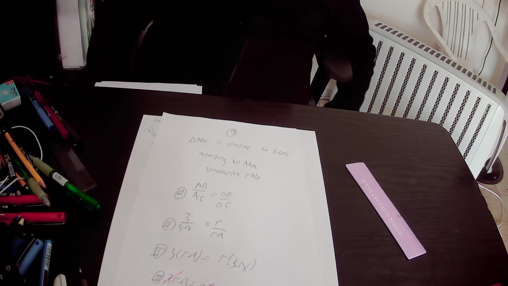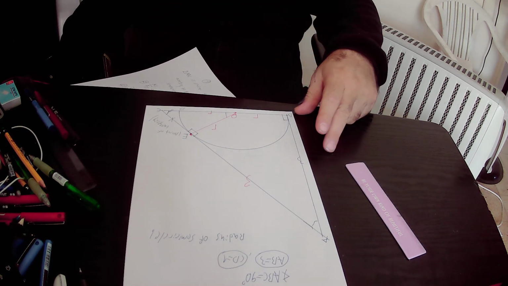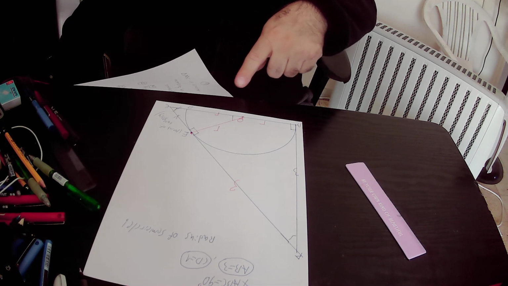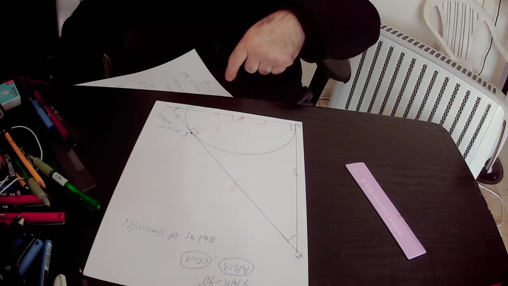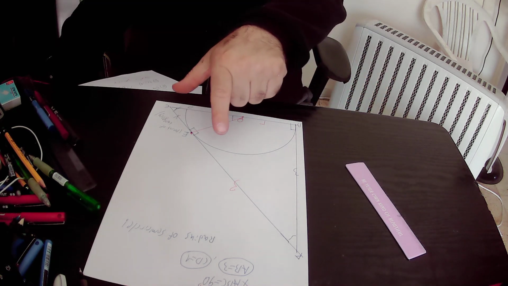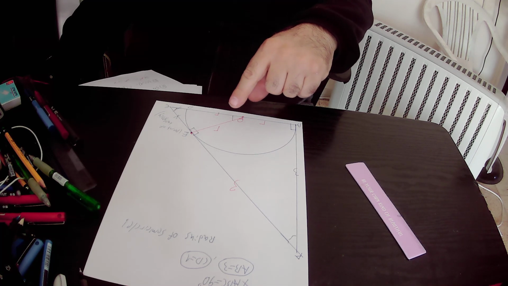And from the fact that the right triangle ABC is similar to the small right triangle OEC, we can derive that AB over AC equals OE